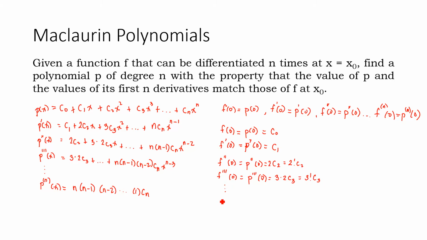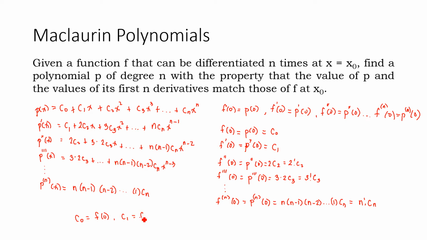And then the nth derivative of f of 0 would be equal to the nth derivative of p of 0, which is equal to n times n minus 1 times n minus 2 and so on up to 1 times c sub n, which is equal to n factorial c sub n, which yields the value of the coefficients of the polynomial p of x, that the coefficients are c sub 0 would be equal to f of 0,